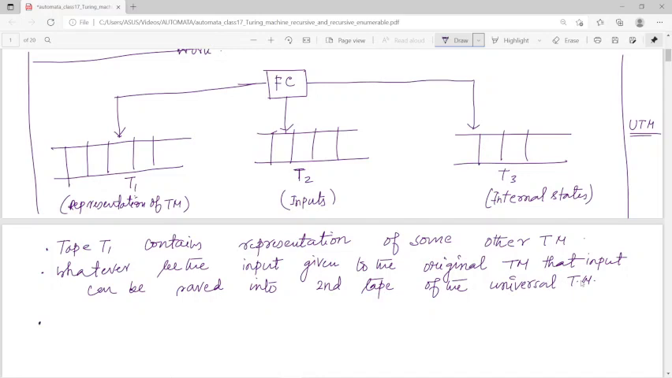And tape 3 is used for rough work. That means this tape 3 is actually used for doing rough work. What do you mean by rough work? That means